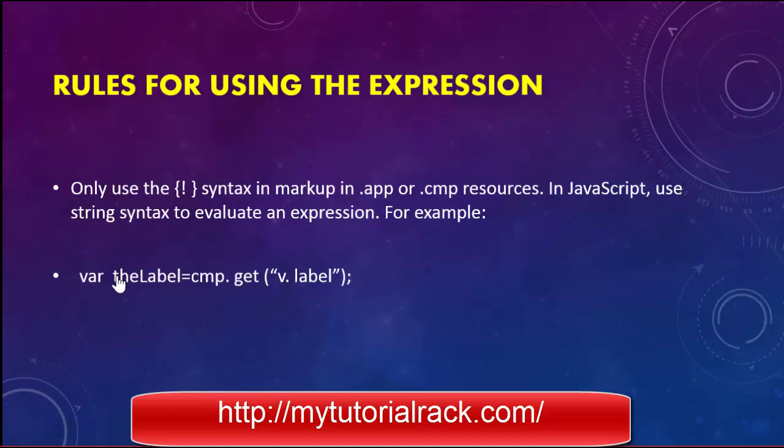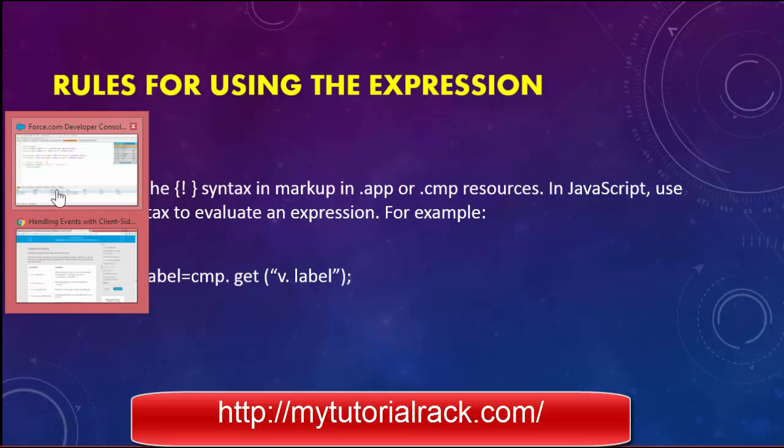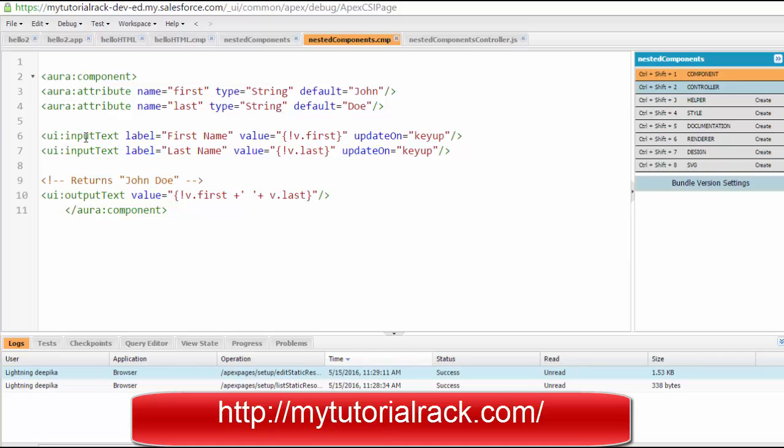So in this example, you can say there is a variable called the label, and you're getting a component or an attribute whose name is label. So here you're not using an exclamation mark. So now what we're going to do is we're going to go ahead and do a simple example to illustrate and use this